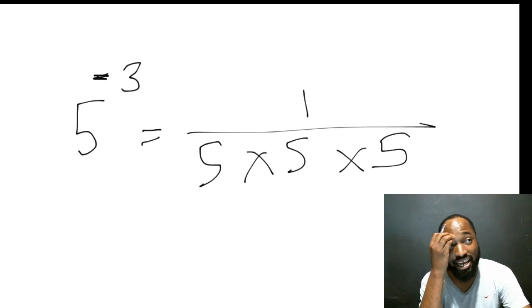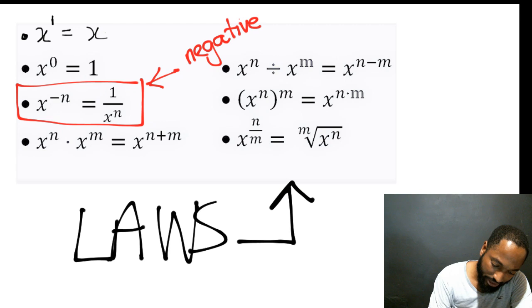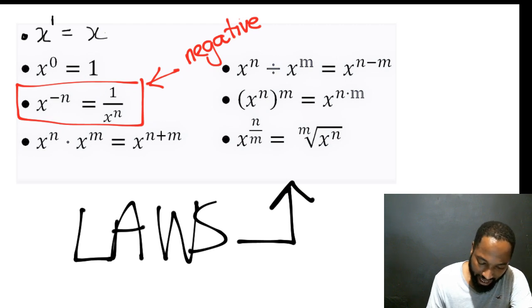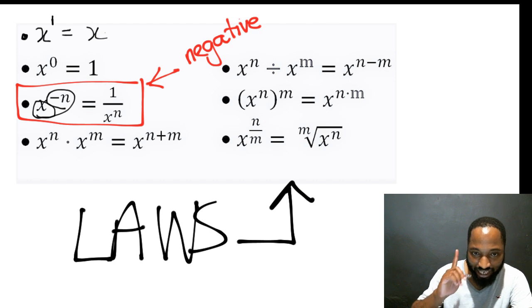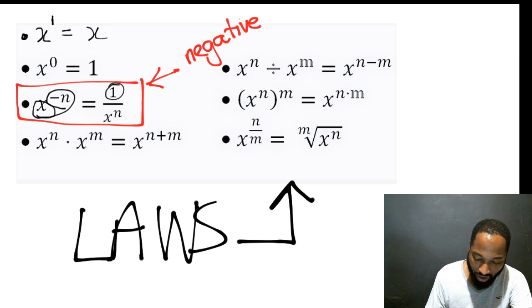So if you have a negative, now watch how the rule says it. Let's see if we can understand why the rule is written how it is. The rule is saying x to the power of negative n. N here means the indexer. Very good, Julian. Reciprocal. It is the reciprocal. X to the negative n says put 1 over x to the n, and that's exactly what it means.